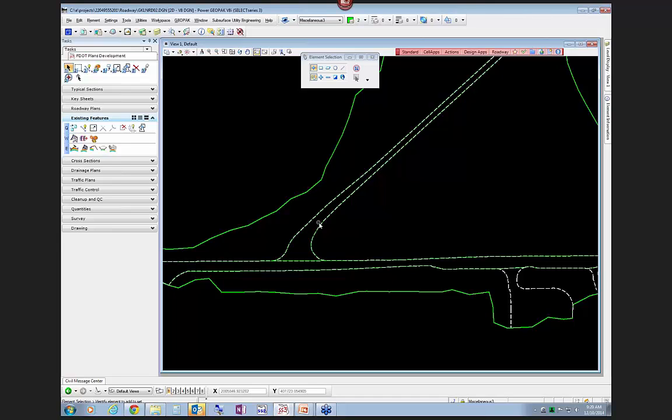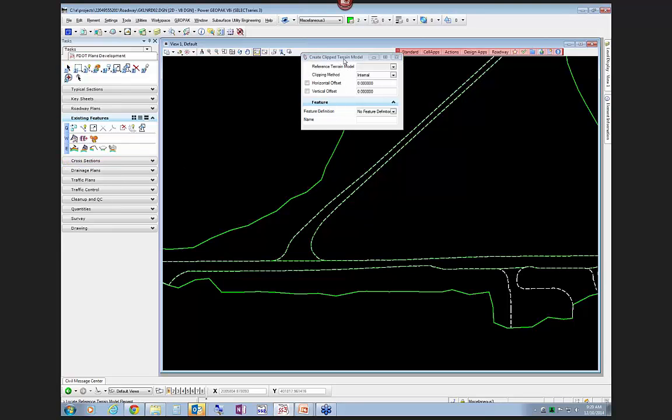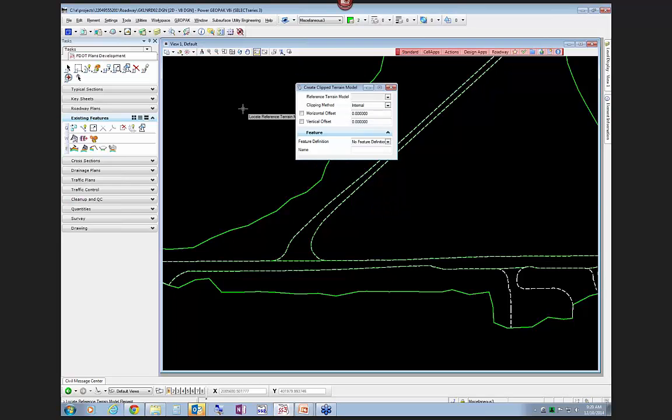Now I'm just going to focus on these two shapes. You can do them one at a time, or you can do all the shapes at the same time in your workflow. It all depends. But once you see the basic 4 steps involved, it's a repetitive process over and over. So the next thing I'll do is do a clip terrain, and this is the terrain tool for clipping